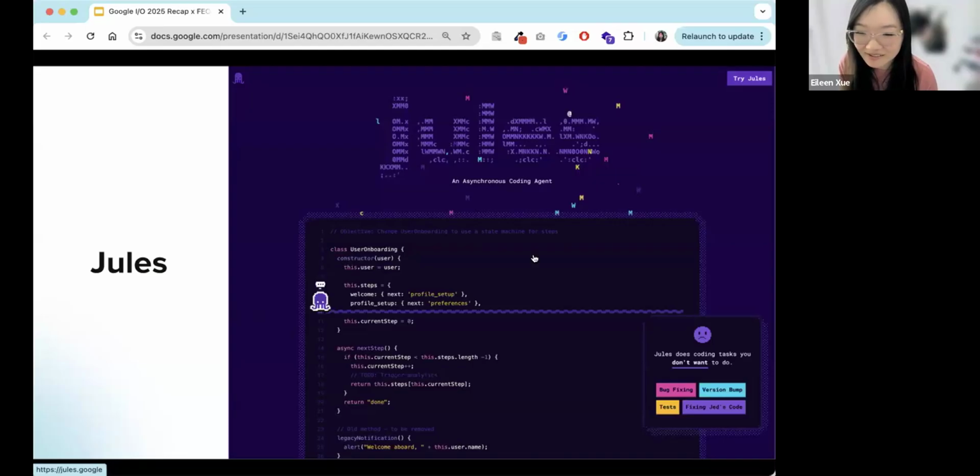So Jules is an asynchronous coding agent where you give it a task and it does everything in the background. For some of the coding platforms I'm showing you so far, you have to be prompting it and then it generates outputs on the side. With this one, it's just asynchronous, so you don't actually have to be there watching it. It just does it in the background. And once it's ready, it'll create a PR, a pull request, and you can review it and then just merge it into your code base. So crazy how efficient this can be and improve your code base.